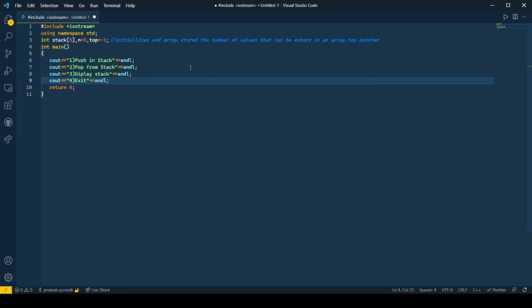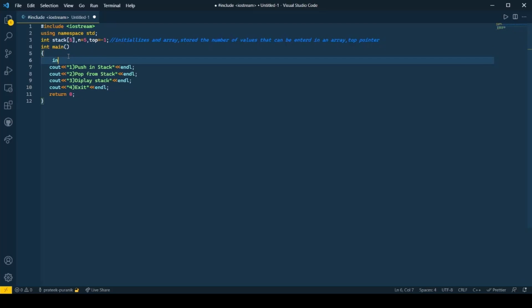Enter. Okay, now we had talked about creating a switch case, so for that we would have to enter a choice and value. Okay, so since we have given the 4 options, we also need to input the values. So first let's declare a while loop.